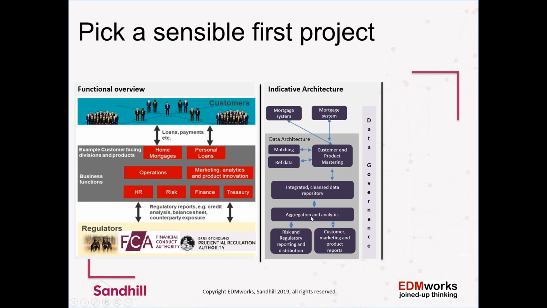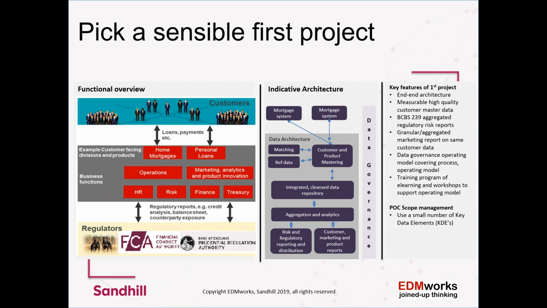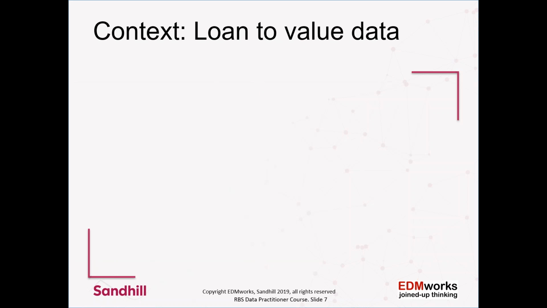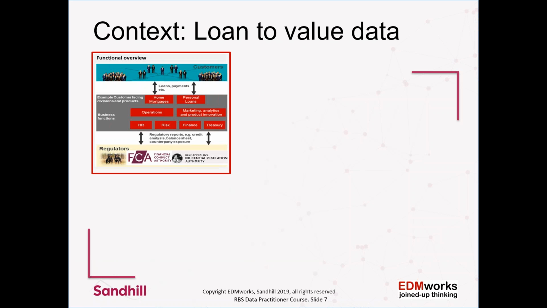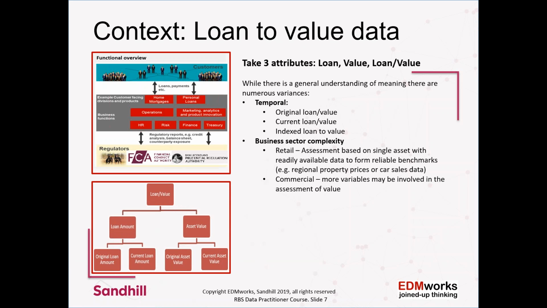And then we need some aggregation analytics capability that does the different types of reports. One is the risk and regulatory reporting for the regulators, and the other is customer marketing activity, because what we're looking to do with our proof of concept is do something that works for one stakeholder but delivers a benefit to other stakeholders. And the more stakeholders you can satisfy through proof of concept and your data management projects, the better it will be. The final piece over there just summarizes what I've already said. End-to-end product, a few critical data elements, not too many. So let's have a look at what we mean by that in a bit more detail, and what we're going to use as the context for today's webinar.